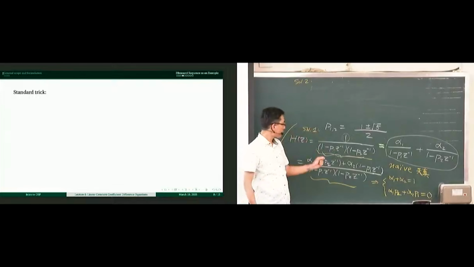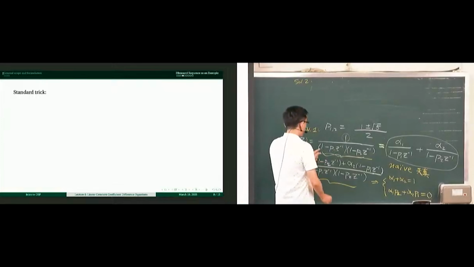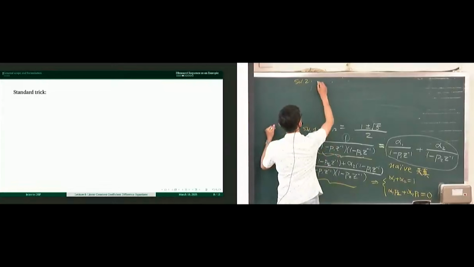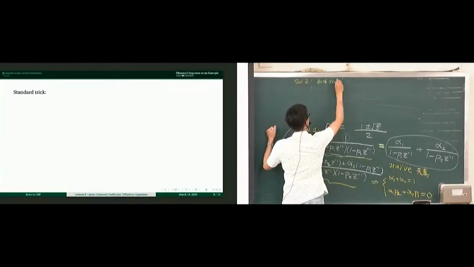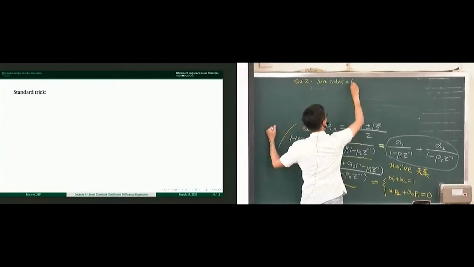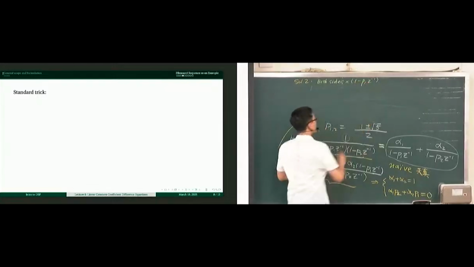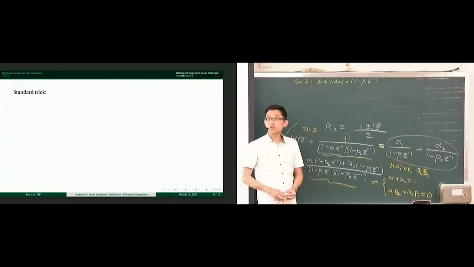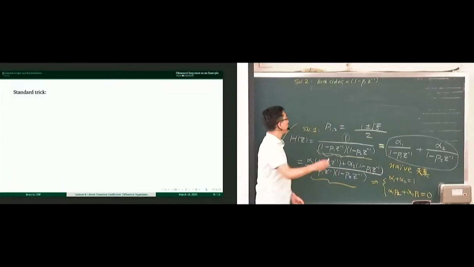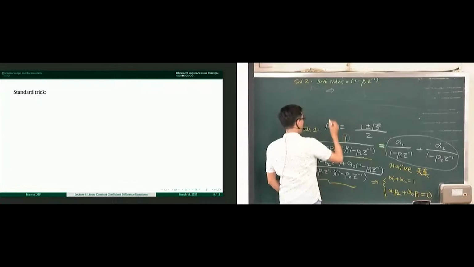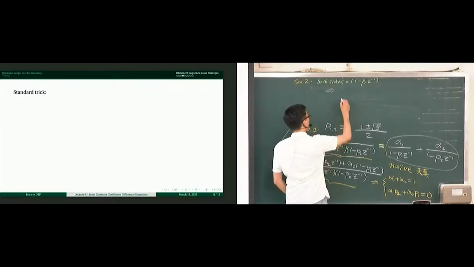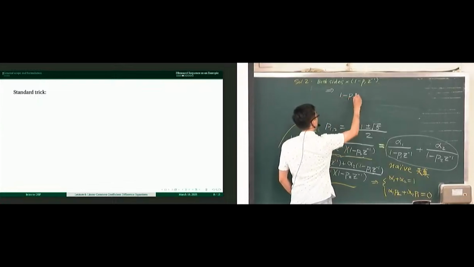Let's multiply, for example, both sides with the factor of 1 minus P1 Z inverse. So let's do this, okay? The equality should still hold, okay? So as a result, if you do that, then on the left we have